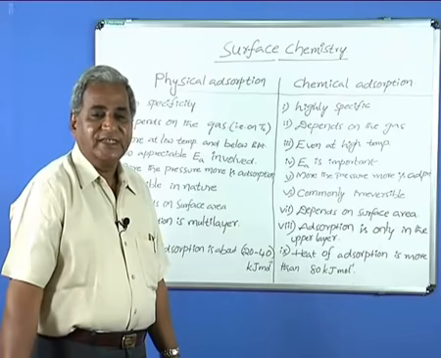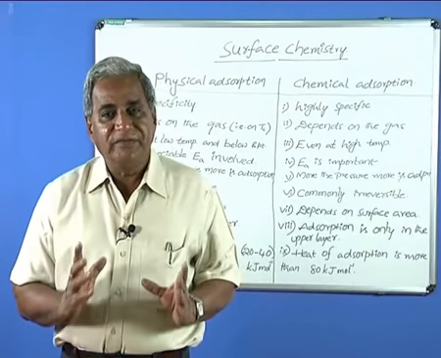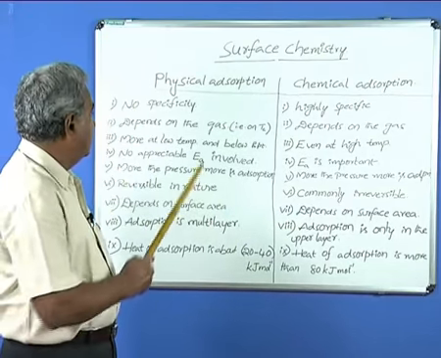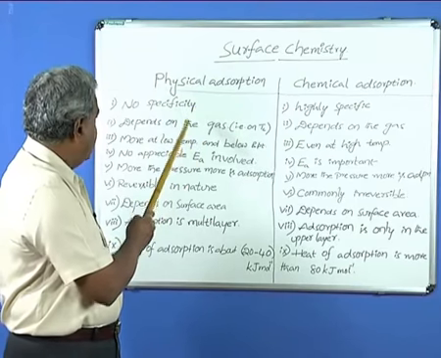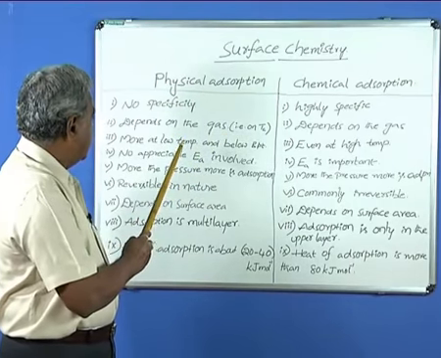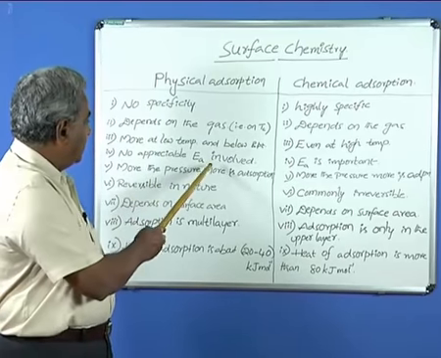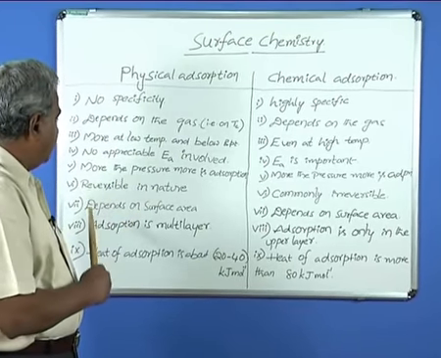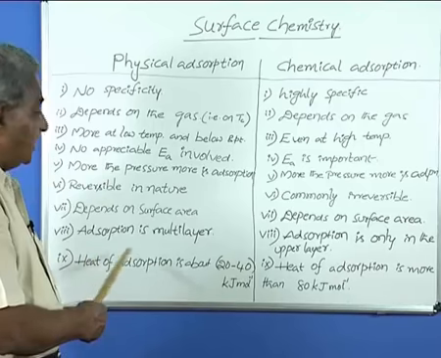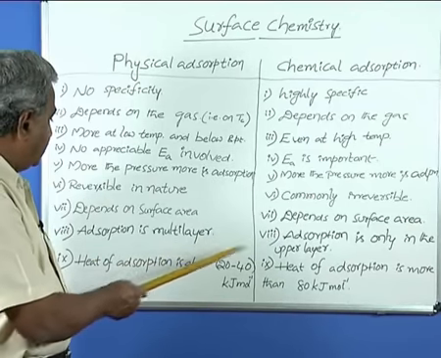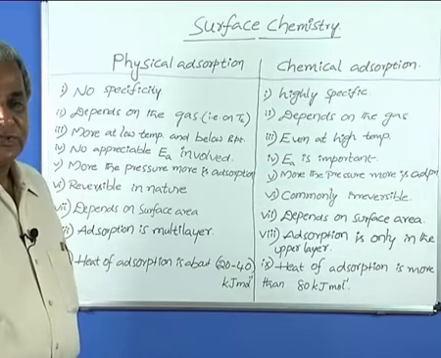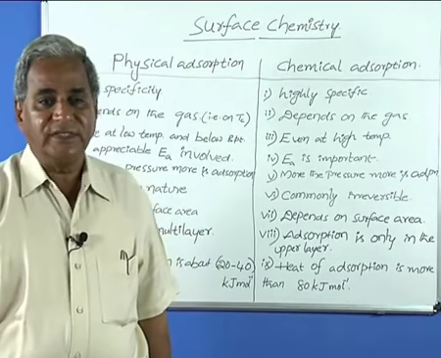This is how we can see a comparison between physical adsorption and chemisorption. In terms of what properties did we study this? About the specificity of the adsorbate, then about the critical temperatures of the gases, about temperature effect, about activation energy effect, about pressure effect, then reversibility, then surface area, how it influences, then in what way, is it a single layer system or multi-layer process, and then finally about heat of adsorption also, we have seen all these phenomena.